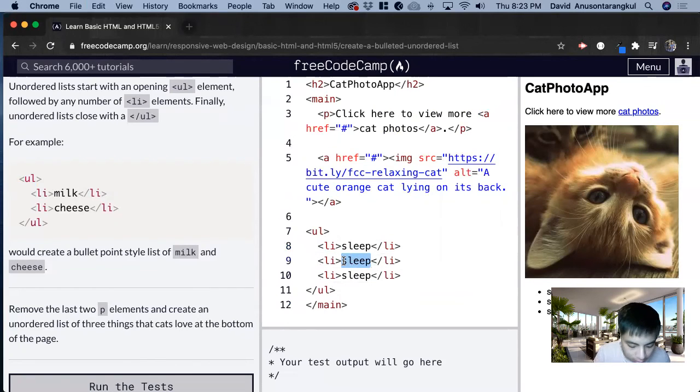So let's say food and attention. And that should be it. We can see these are the